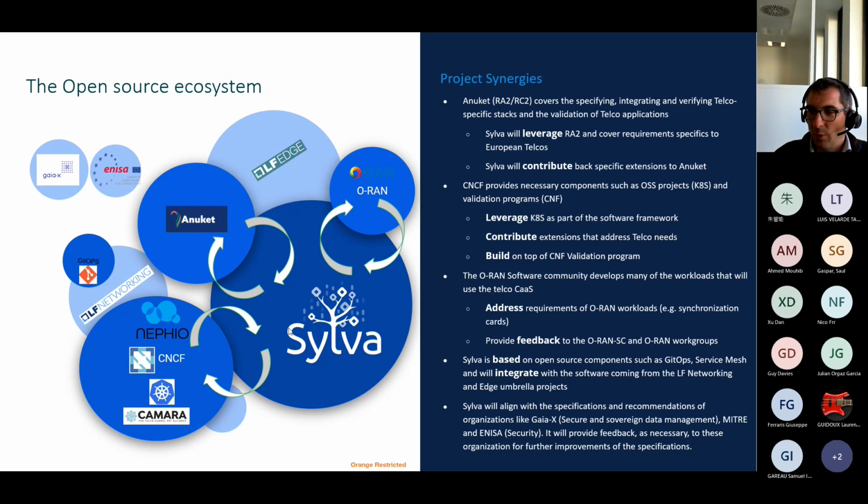And I mentioned that we were on the cloud layer, so it's so important to have a strong interlock with the CNCF, of course with Kubernetes, but we also have a look at different initiatives. The first one is Nefio. Nefio is managing the lifecycle management of the network functions. And here in Sylva, we are managing the lifecycle management of the cloud layer. So we see a strong interlock between those two projects, but we don't know if Nefio will succeed. So we just have to look and to ensure that we've got the good interlock, but we are not limited